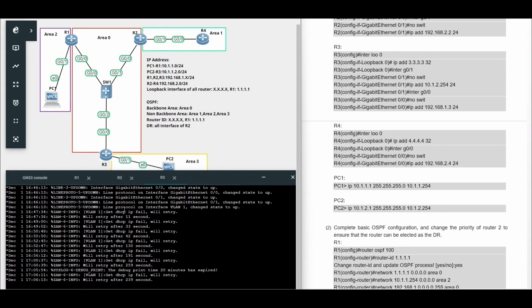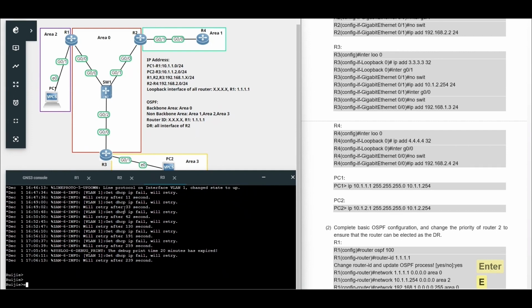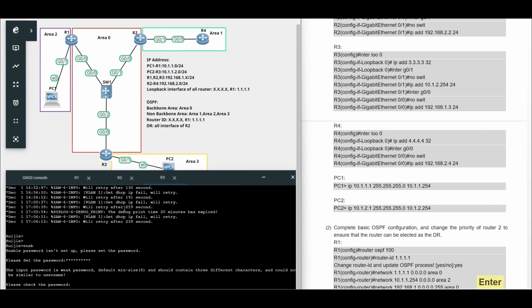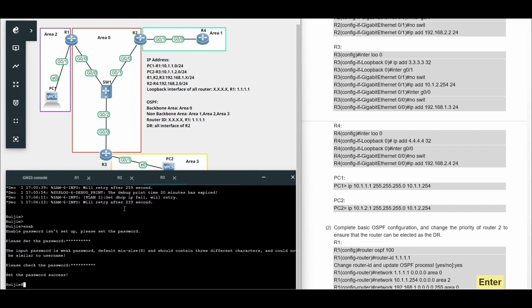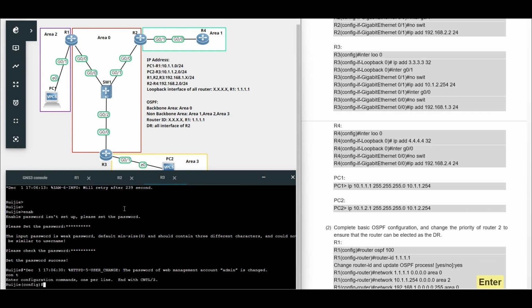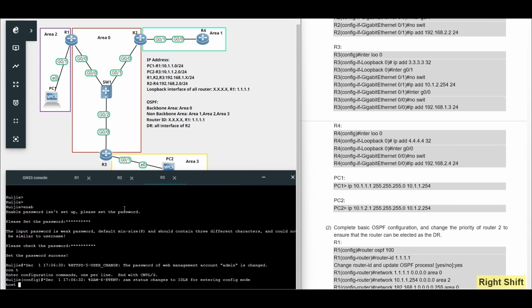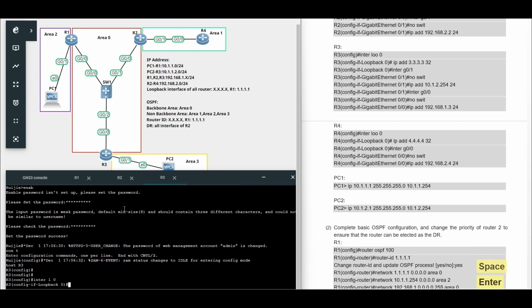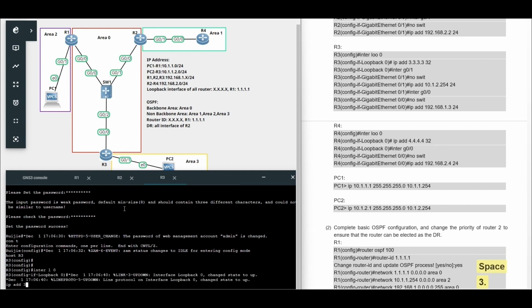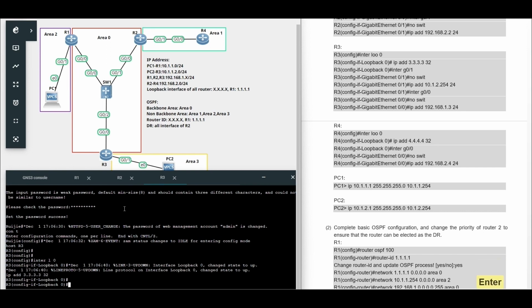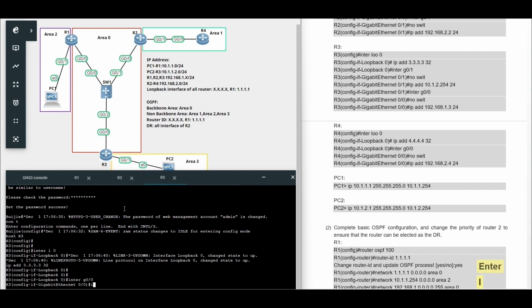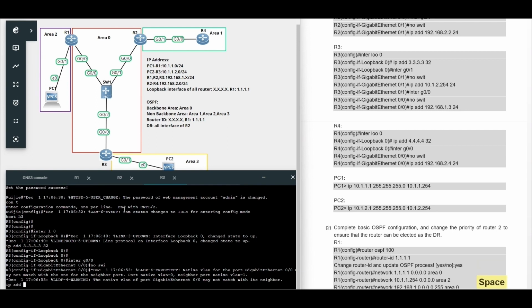Enable, and the password is Ruijie123. Then config t to change the host name to R3, and create one loopback address and give the IP address 3.3.3.3/32. Then enter the physical interface G0/0, no switch, and the IP address should be